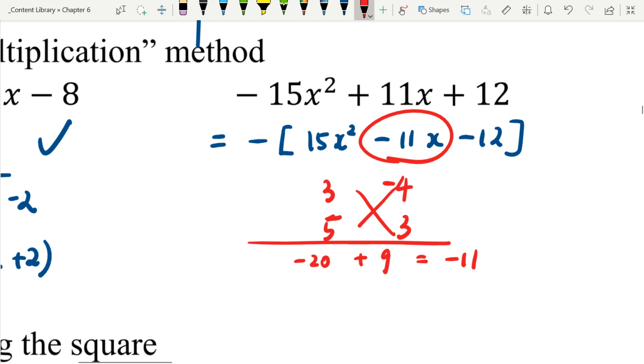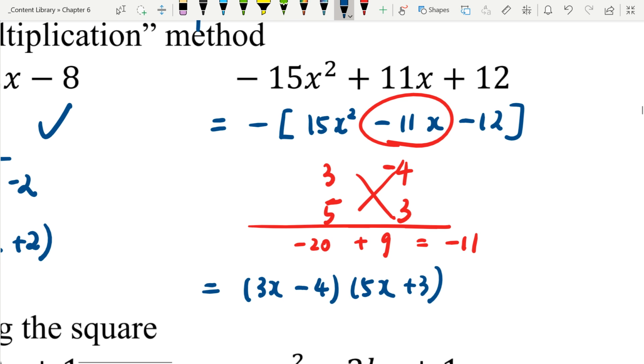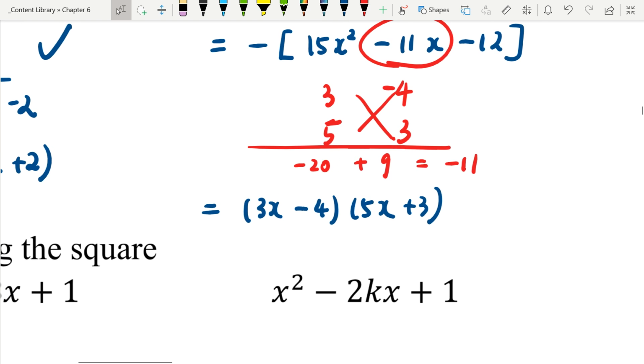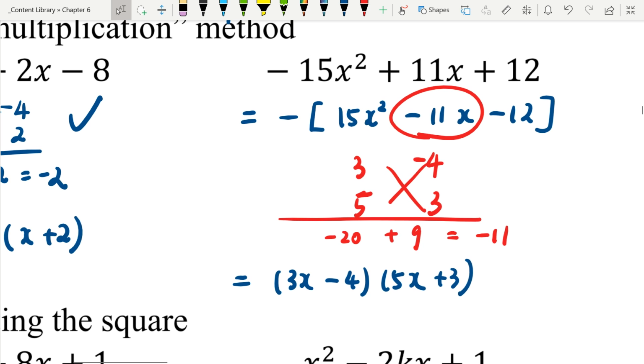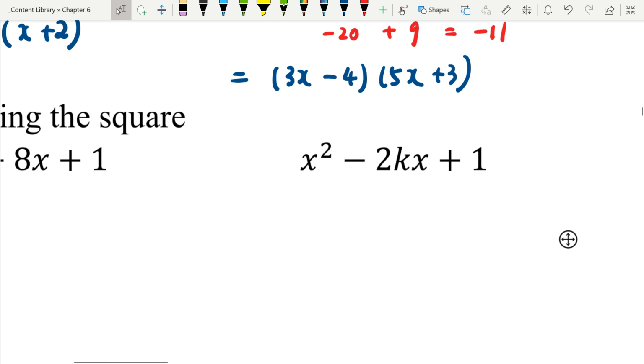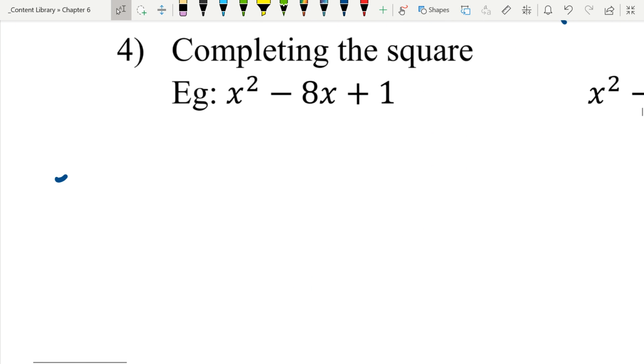So read horizontally, that's 3x minus 4 and 5x plus 3. That's what we'll have. Okay, that's this one. And for the next one,